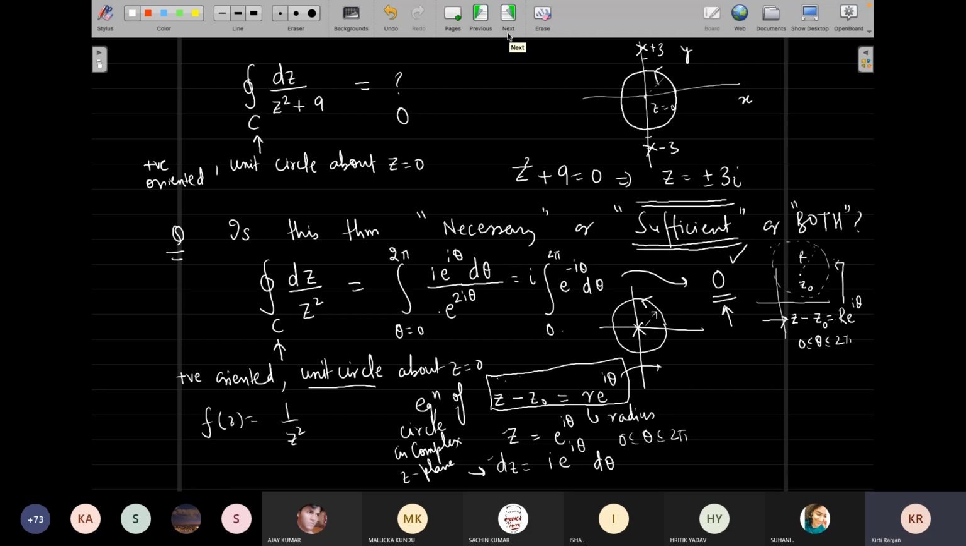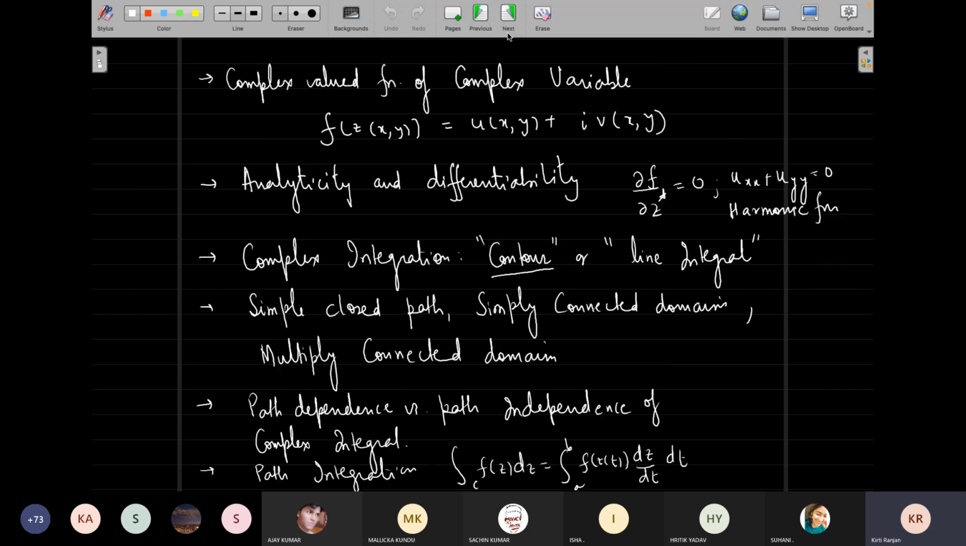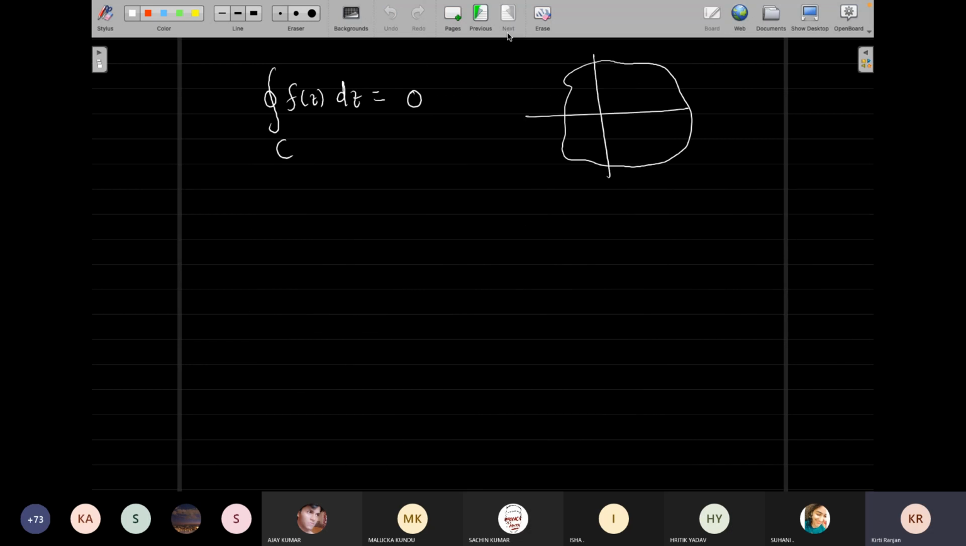Yeah, I mean, ultimately, I'll have to give some path. But the important point, the takeaway point, is that the theorem is a sufficient condition. It's not a necessary condition. Okay. Further takeaway points. Now,